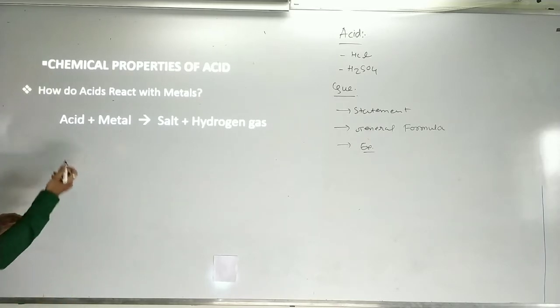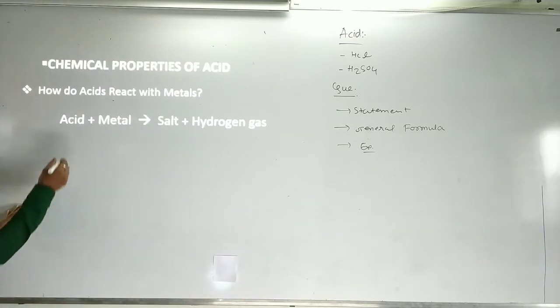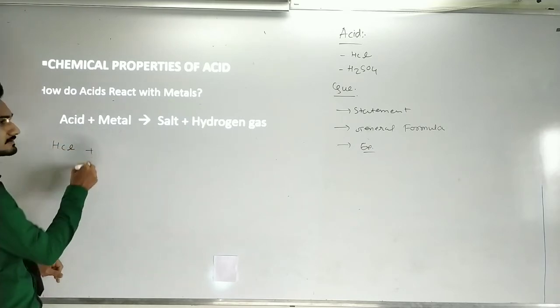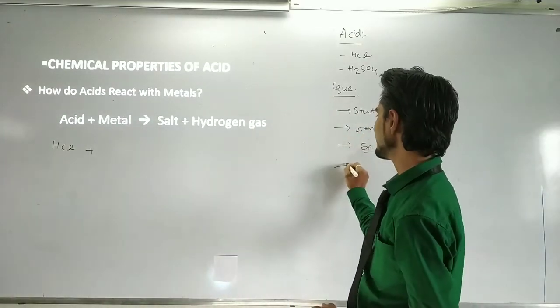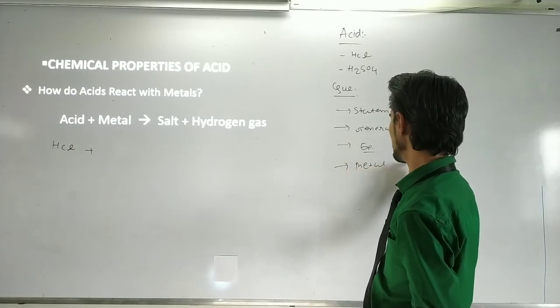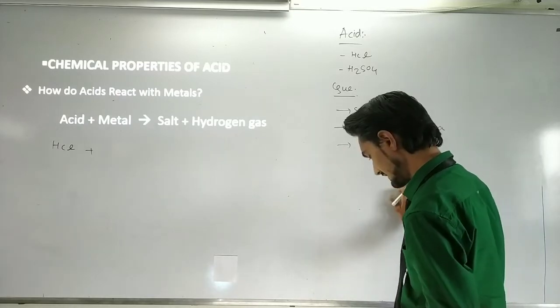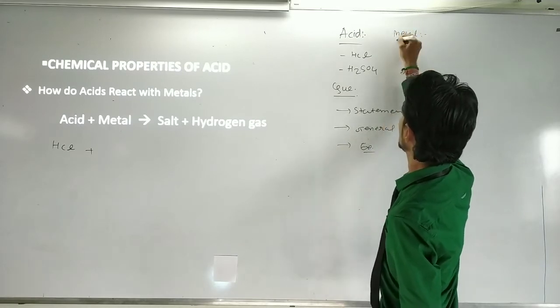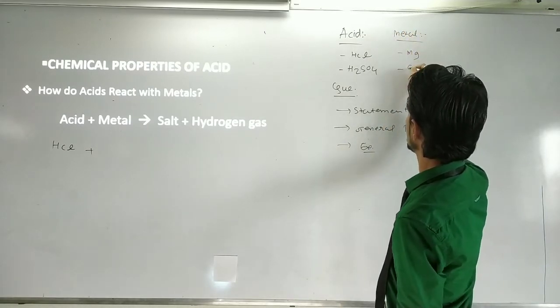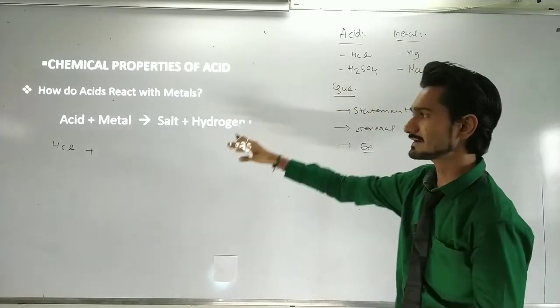Let us check how the acid and metal react with each other. As I have already told you, you need to write the example here. So I have taken the acid as HCl. Now what metal do I take? I can take some metal that you learned from the standard 9th elements table. You can take metal like magnesium or sodium. So I have written here, magnesium and sodium, which we can take as the metal.